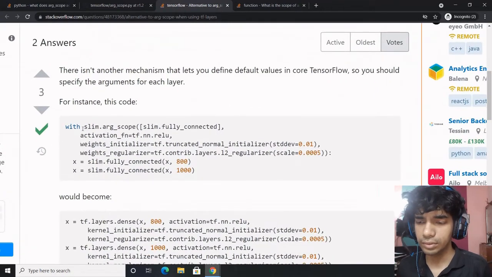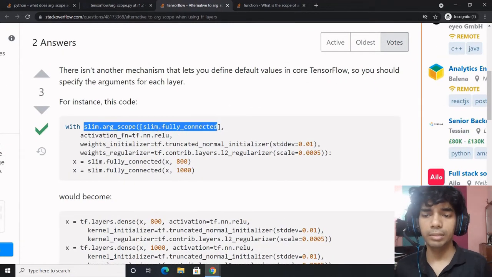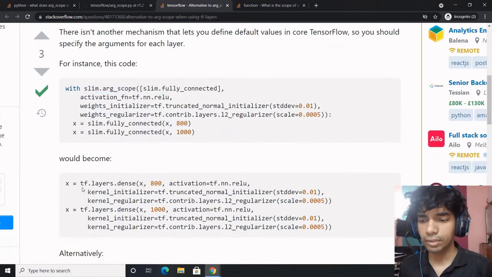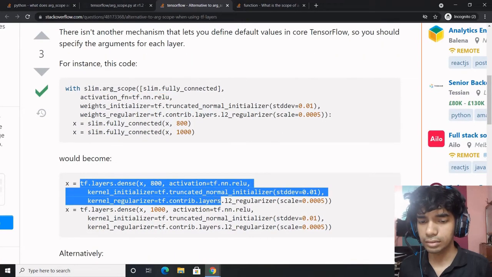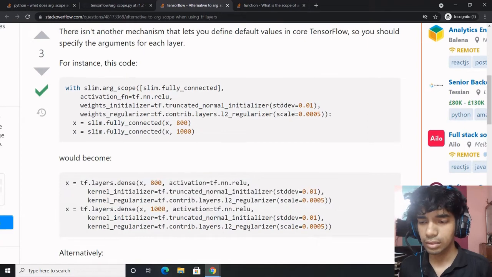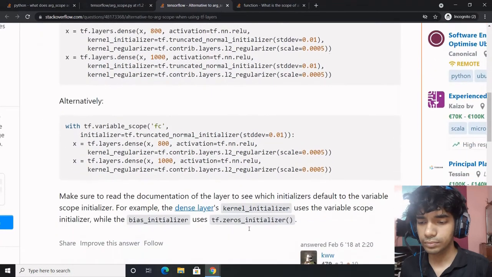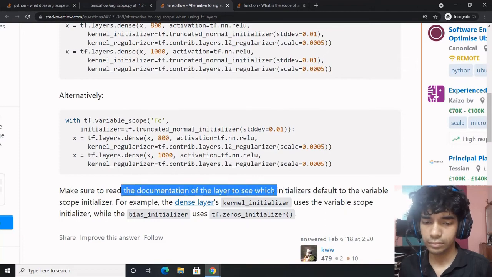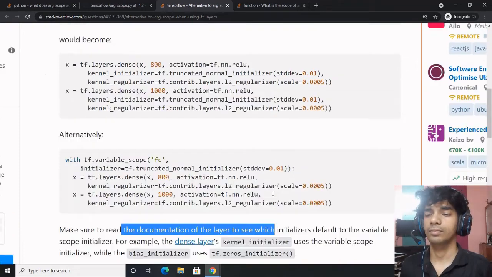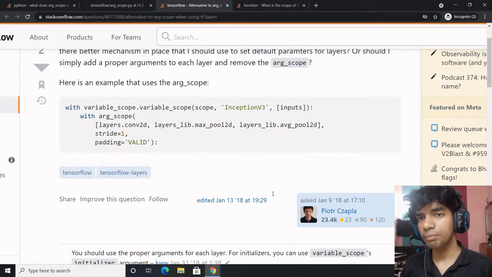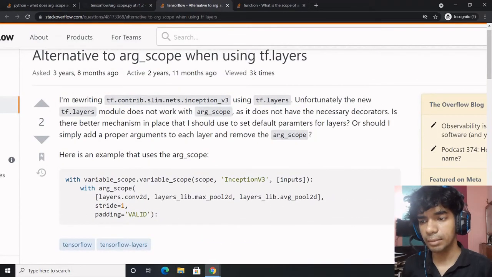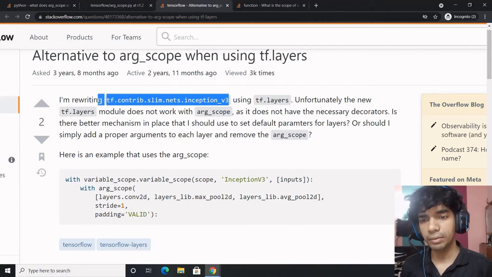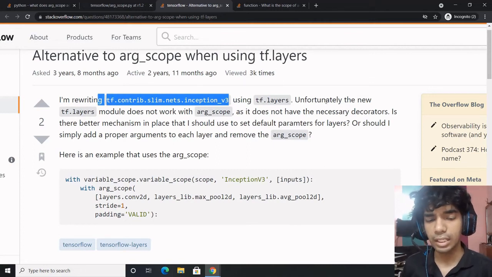For instance, this code, slim.arg_scope, slim.fully_connected activation, this would become tf.keras.layers this. Oh, I didn't understand this one particularly. So exactly what does this say? I'm rewriting this particular Inception v3. So this particular guy is trying to write Inception v3 using tf layers.